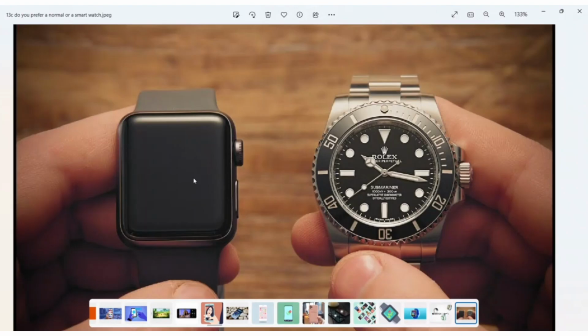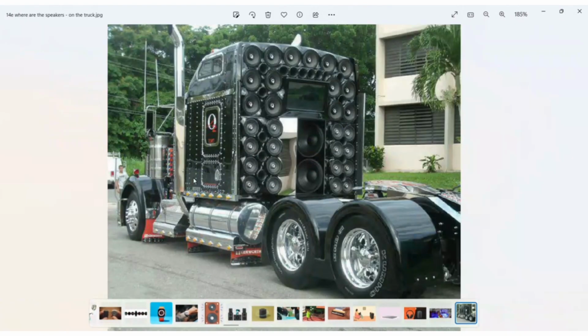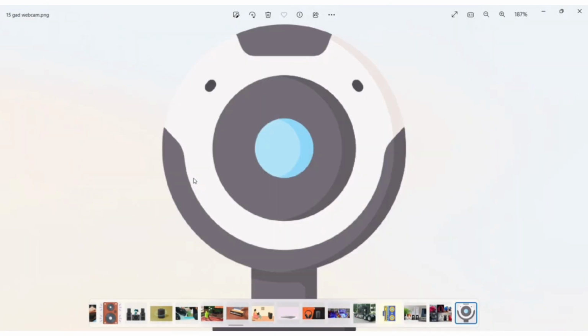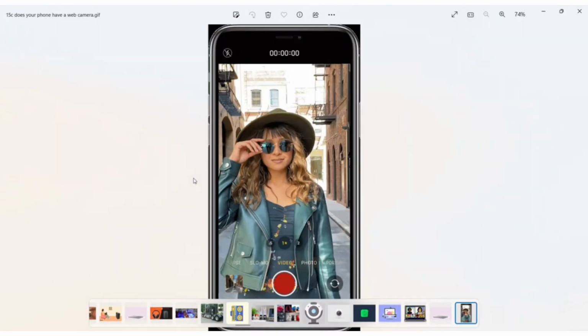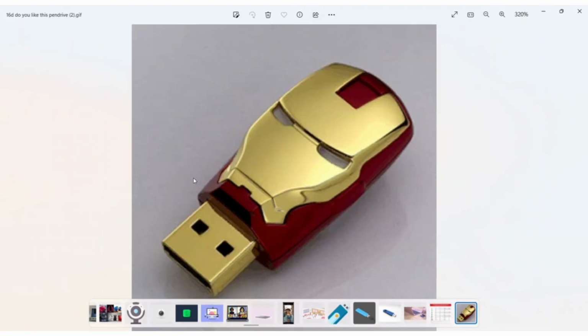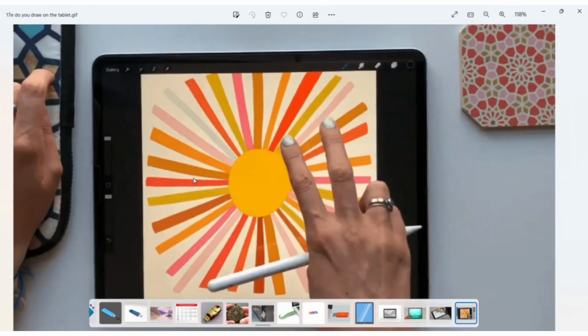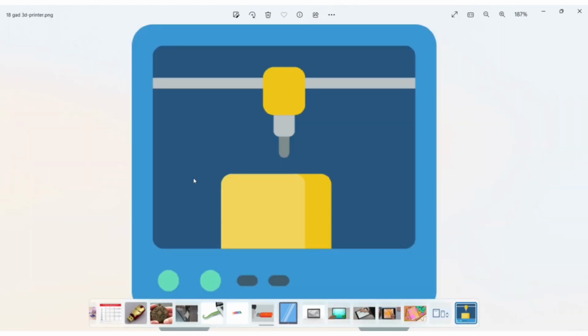Do they take photos with a camera? Do they have a smartwatch? Do they have speakers? So it's quite a long process here because we have so many questions related to all the gadgets. Do they have a pen drive? What type of pen drive do they have? And tablets, what do they prefer using? Tablets, phones, or